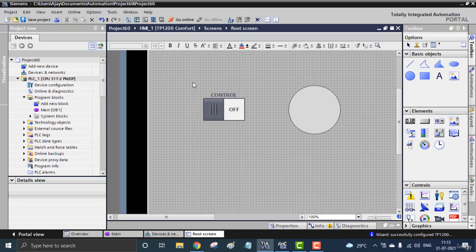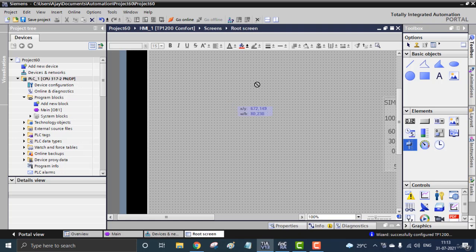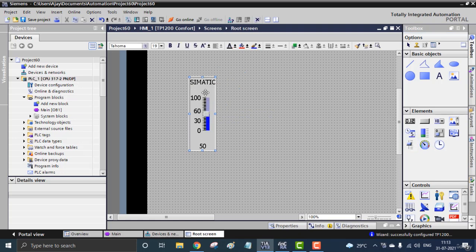Here we went through the digital tags in the previous video. I'm not using that anymore, I simply delete it. And I'm using one analog tag, which will be a slider. Analog means continuously varying, not exactly defined like 0 and 1. So I'm using one slider right here. This is my schematic slider, so I can give values continuously from 0 to 100 by sliding the knob right here.